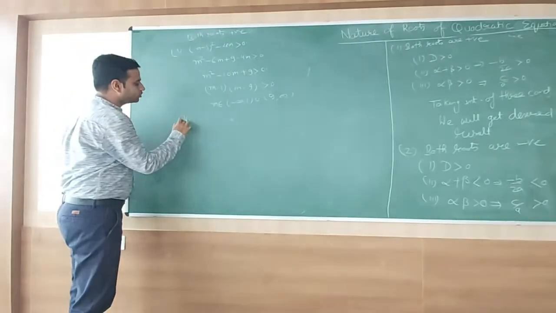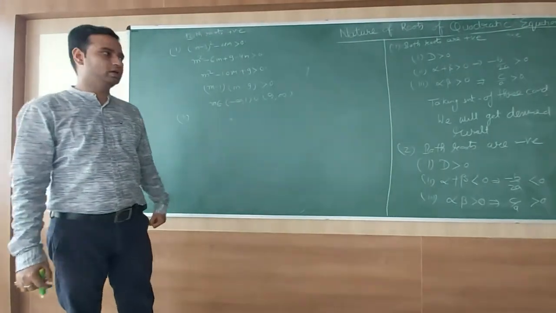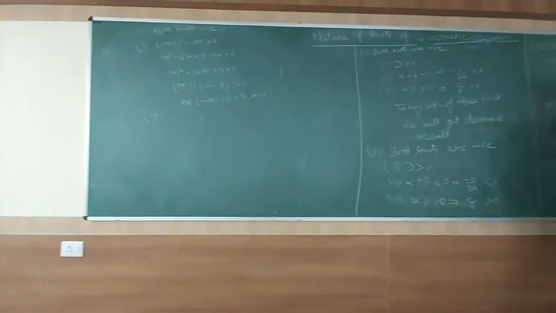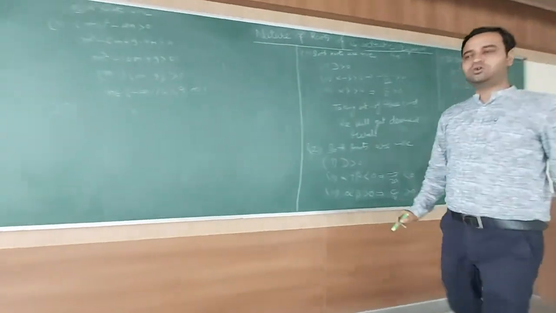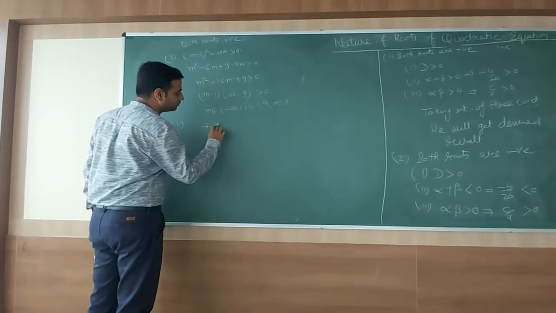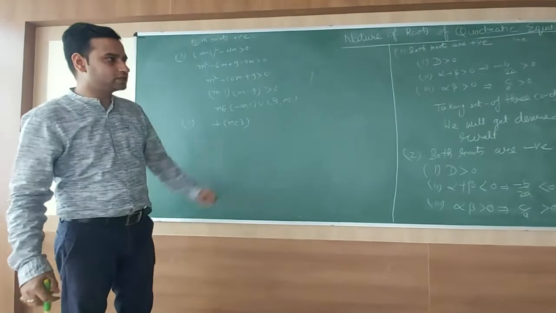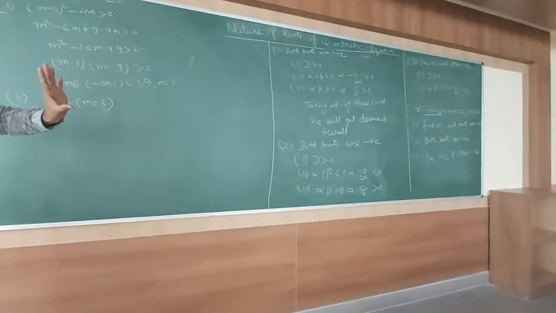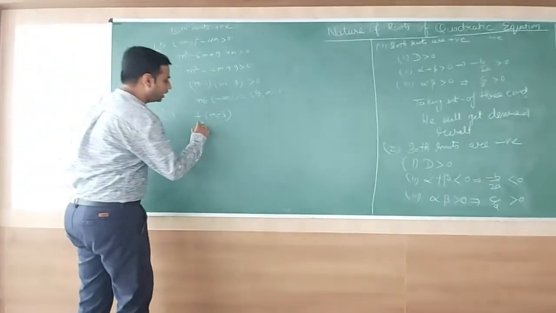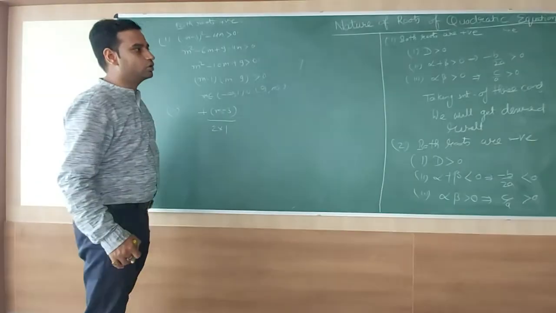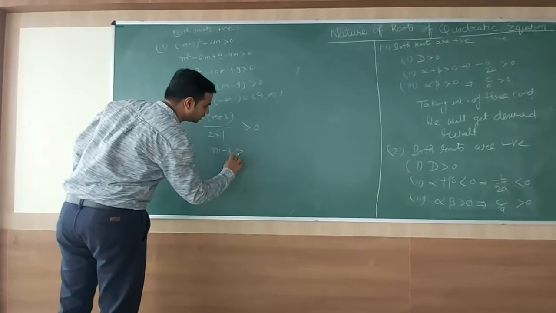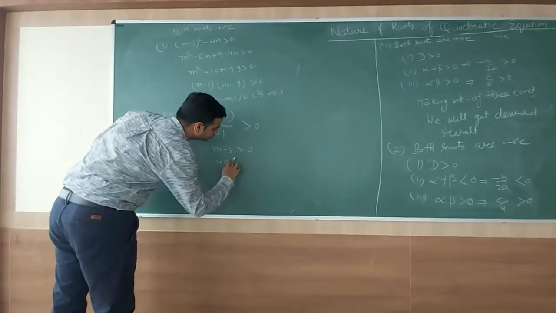For the second point, the sum of roots, alpha plus beta. Alpha plus beta is what? Minus b by 2a. And b is what? Here we are seeing that b is minus of (m minus 3). So b will be minus of (minus (m minus 3)), that will come out to be positive. See it clearly, b was minus of (m minus 3), and here we are writing minus b by 2a, so it will come out to be positive. And here it is 2, and a is 1 according to the question. So it is greater than 0. Now it will be m minus 3 greater than 0. When we solve it, m belongs to 3 to infinity.